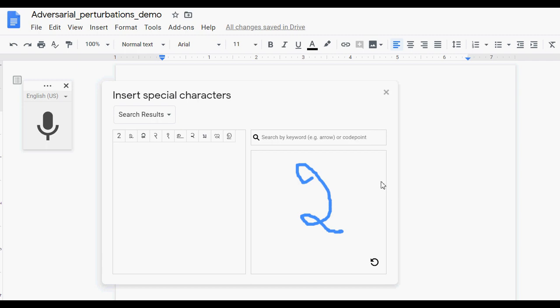Now the question is, what are these adversarial perturbations, and how do we carry out this adversarial perturbation attack? So we introduce small inconspicuous changes to the glyph that we just drew here, or the symbol that we just drew here, and you'll see a rather dramatic change in the label space that the machine learning model has predicted. So let me introduce this character in here,